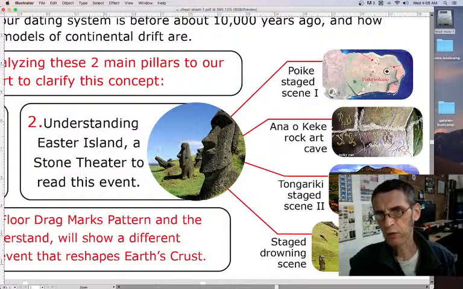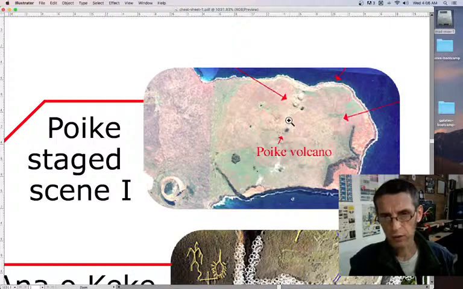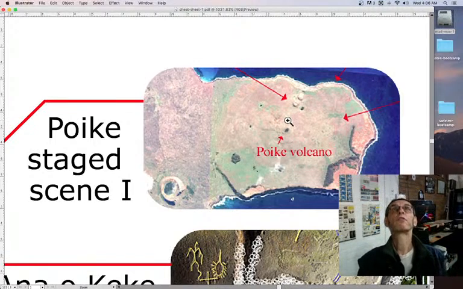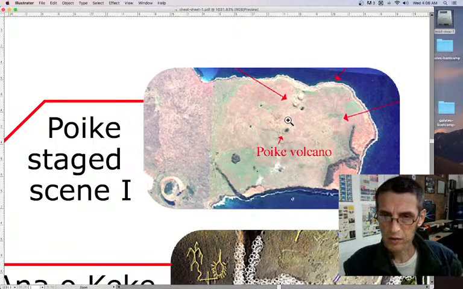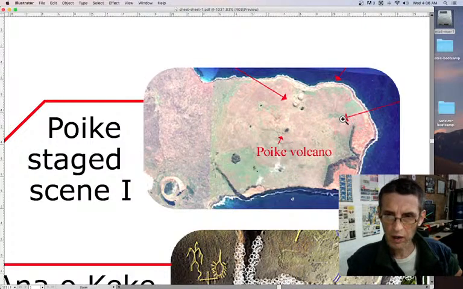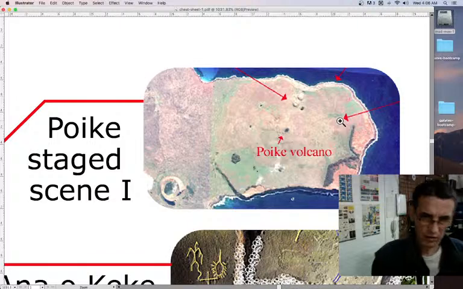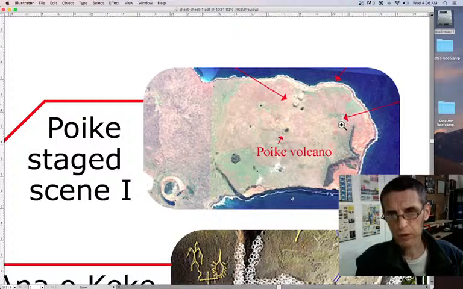At Poike's volcano, you can see three manmade hills. Those three are pointing to the volcano, and on the way is a little moai that looks like he's scared to death. He's just frozen, looking up like this, and he's a very little moai. It's not a huge moai. They call it a baby moai, I guess. And there's always a hau. A hau is a whole bunch of moais in a standing line, and that means